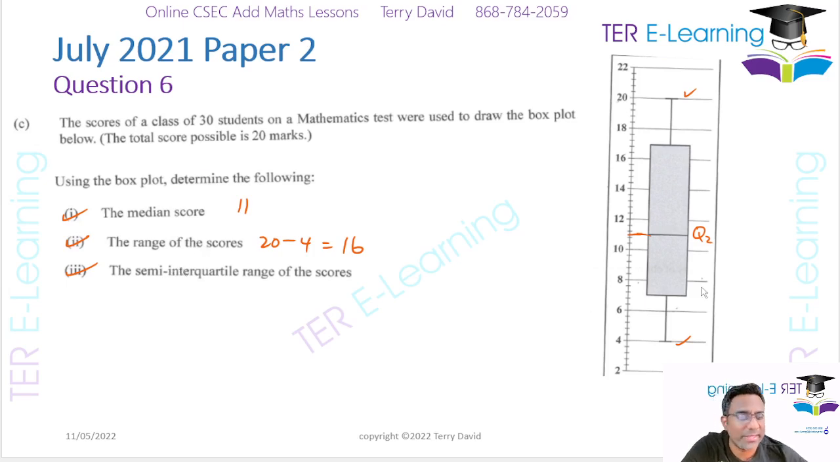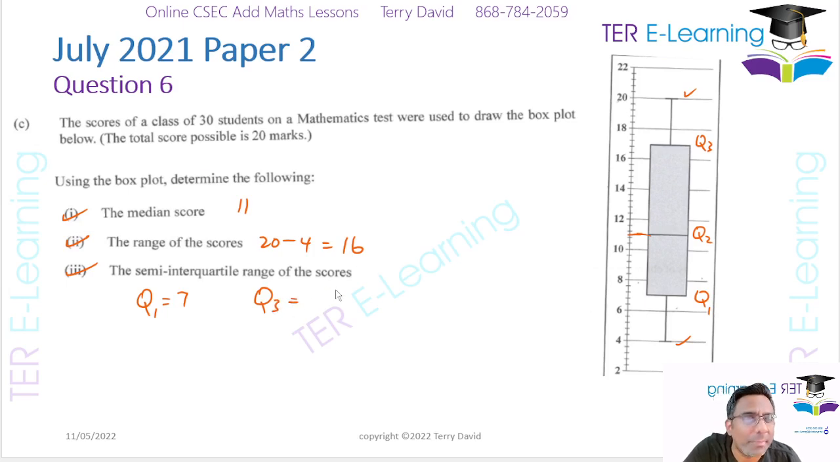So to do that, we need to measure what is Q1 and what is Q3. From our diagram here, Q1 should be around 7. The diagram is kind of slanted here, so you get around 7. So Q1 from the diagram is going to be 7, and we need to measure what is Q3, your upper